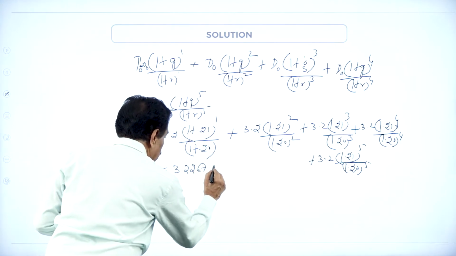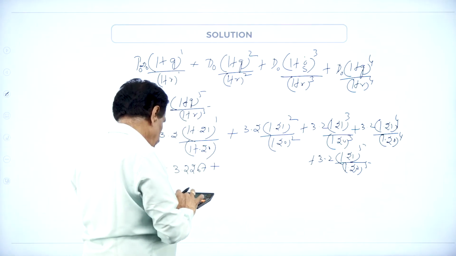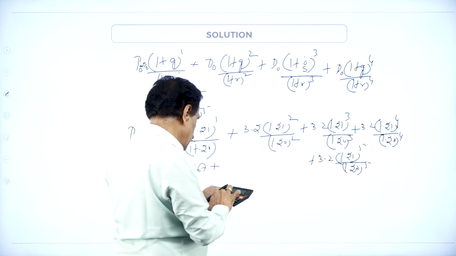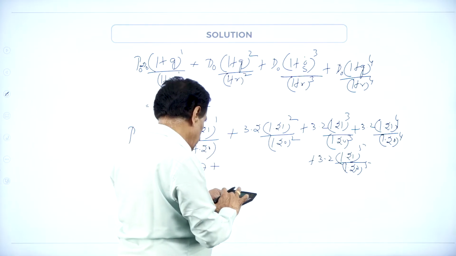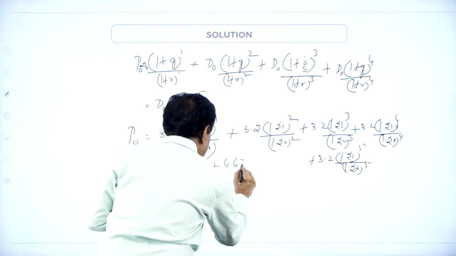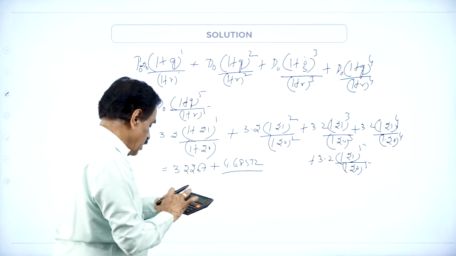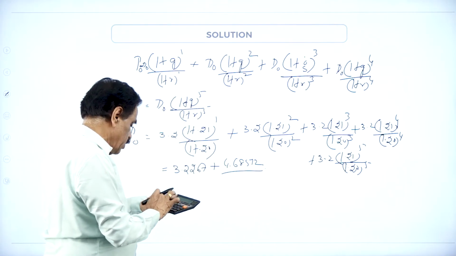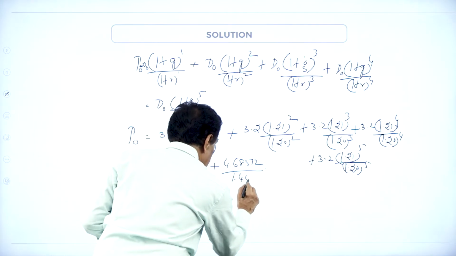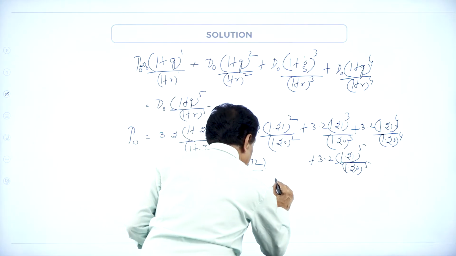3.2267 plus, this is 1.21 into 1.21 into 3.2, 4.68512 divided by 1.20 into 1.20, 1.44. This is for the second year. Then third year,